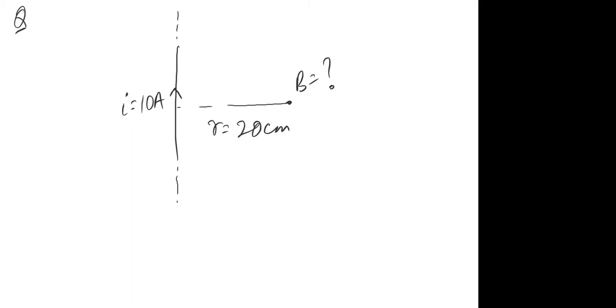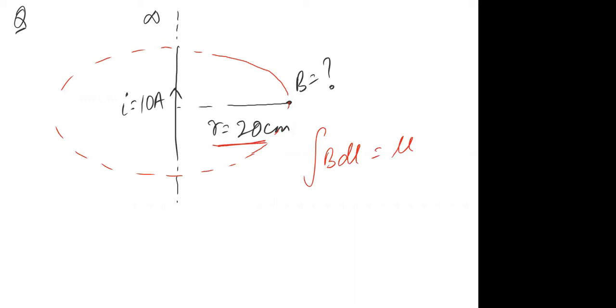Magnetic field B is equal to what? Use Ampere's law. What will you do? You will first take a loop, and because we have a single wire, the loop would be circular, of radius 20 centimeter, of course. What we will write: integral of B dot dl is equal to mu naught times current. B is constant because we are talking about the circular loop, so at every point of the circular loop, magnetic field would be constant. So I can treat this magnetic field as constant. I will be doing B times integral of dl is equal to mu naught I.